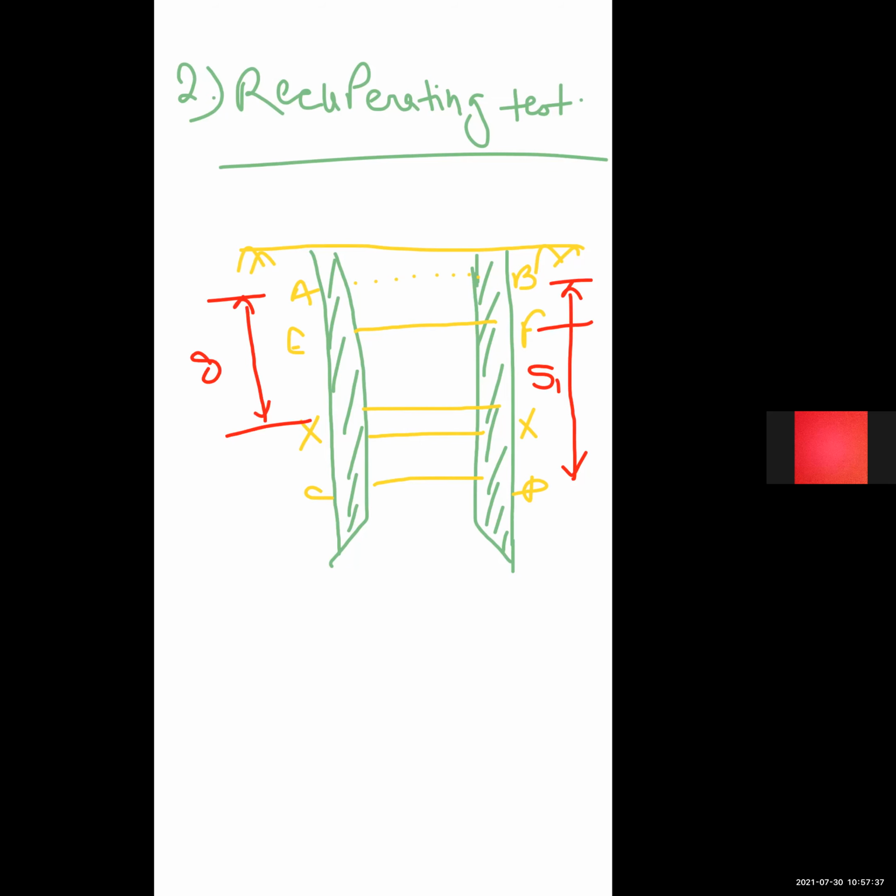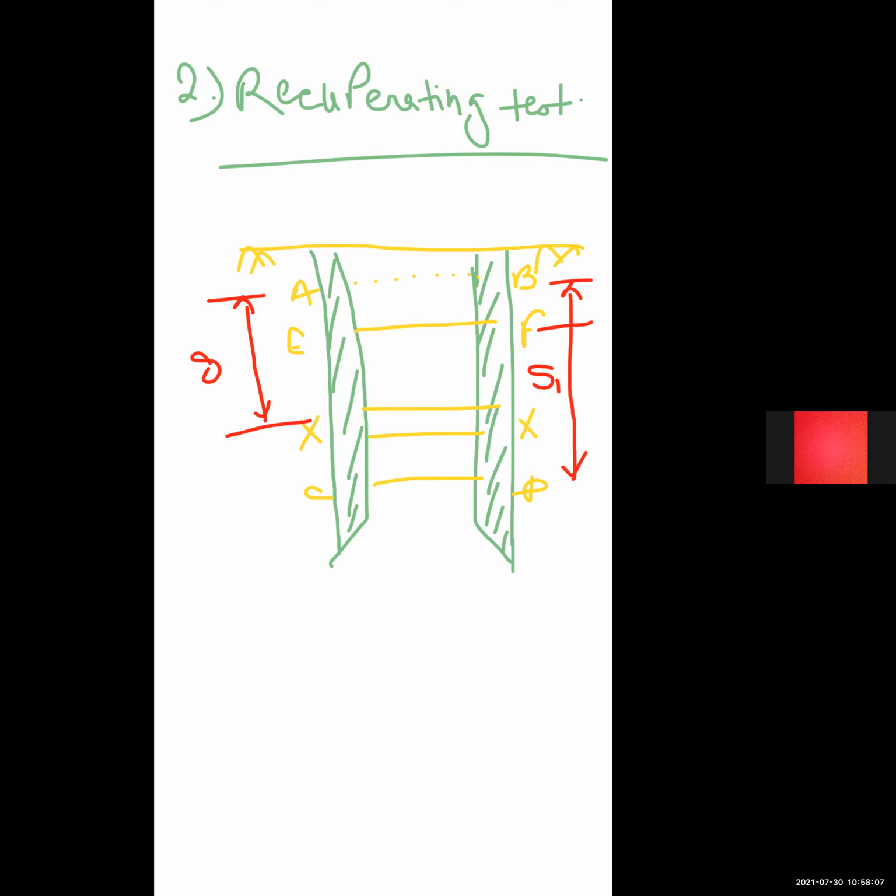In this method, water is first of all drained out from the well at a fast rate so as to cause sufficient drawdown, and the pumping is then stopped. So the water level in the well will start rising. The time taken by water to come back to its normal level or some other measured level is then noted and the discharge can be calculated.